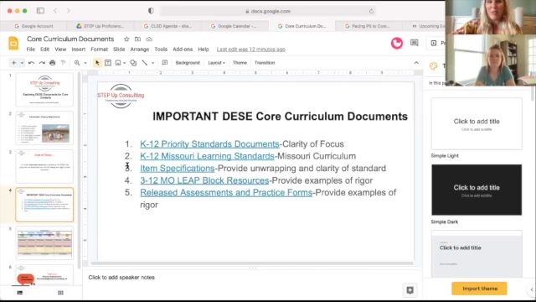One, because we have the big hubbubaloo and it's the new thing, the new priority standards. That's going to be the base. They are recommended. So keeping in mind, if your district had already done that work, you definitely want to honor the priority standards your teachers have already done. But we definitely need to be reviewing the priority standards that have come out and have that in the forefront,